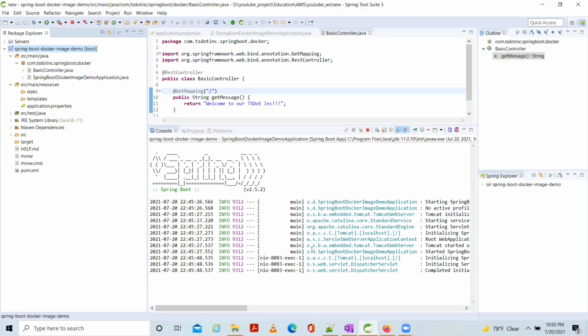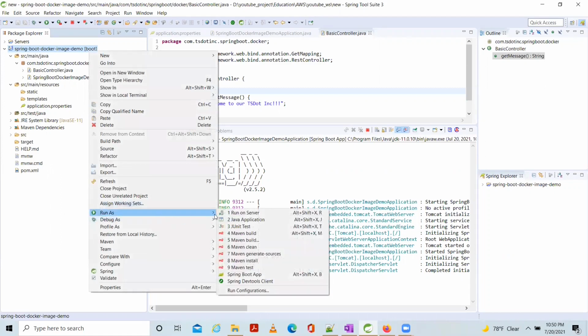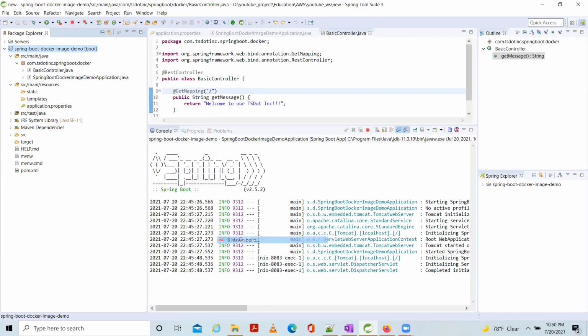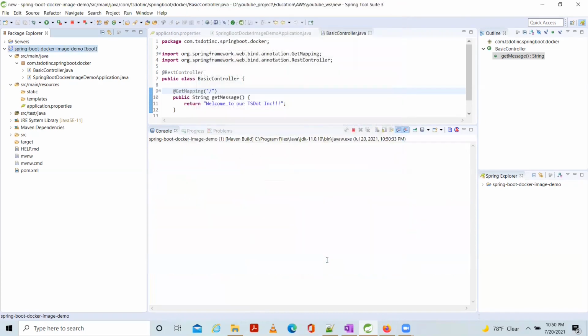We just need to run a command: right-click, Run As, Maven build, spring-boot:build-image. Just run this command, click run.